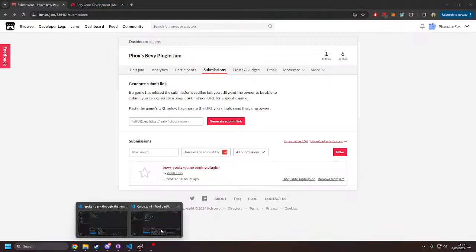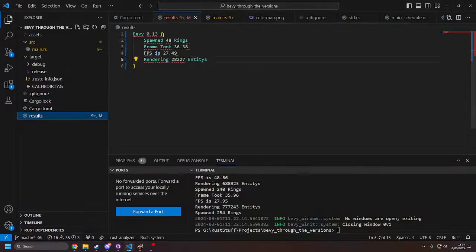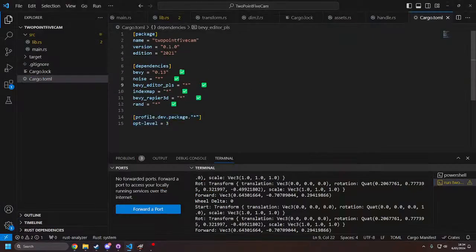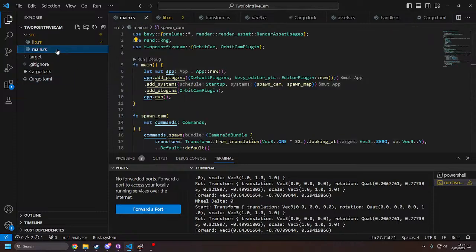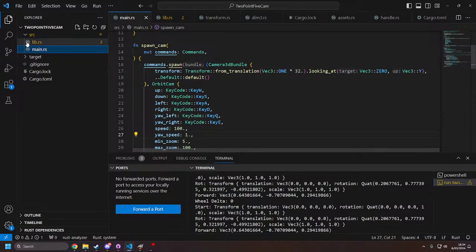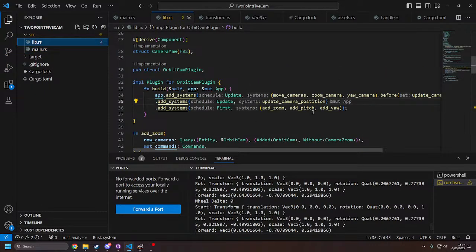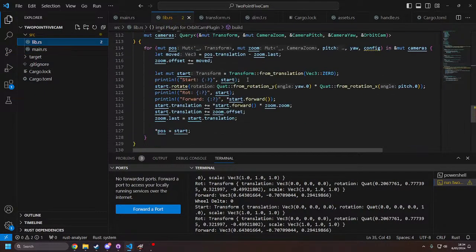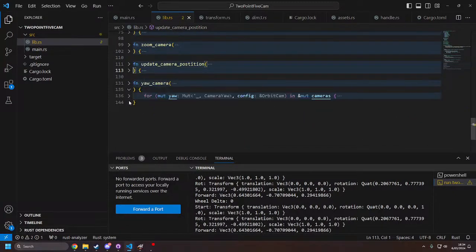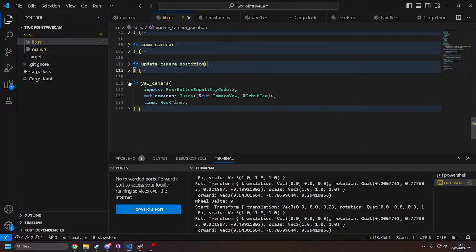Today we're going to be working back on my plugin. This is not the right one. And we're going to be adding clicking and dragging to the camera is the plan. So the idea being that when you click and drag the screen, hopefully the camera will move a corresponding amount. I should probably work on fixing the